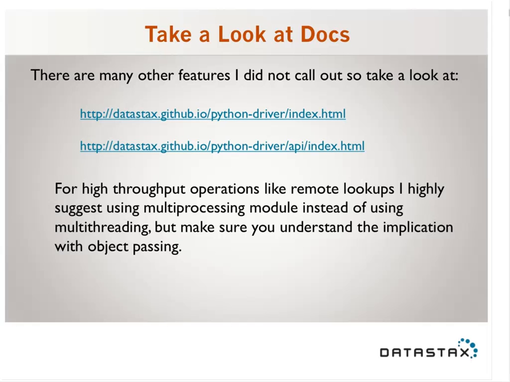And I will say it again, I mentioned it already, but if you want to do high throughput operations, multi-threading is interesting, multiprocessing is far better. But in case you're not a Python master and haven't spent lots of time doing this, make sure that you understand the implications of object passing with multiprocessing, because it will bite you. There's even a comment, I think, in the documentation about object passing and multiprocessing, but go look it up, go Google it. It will make your life painful if you try to do multiprocessing and try to pass objects between calls. It will not go well for you. So do pay attention to those caveats and